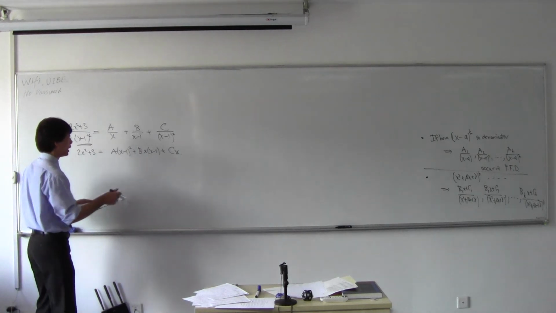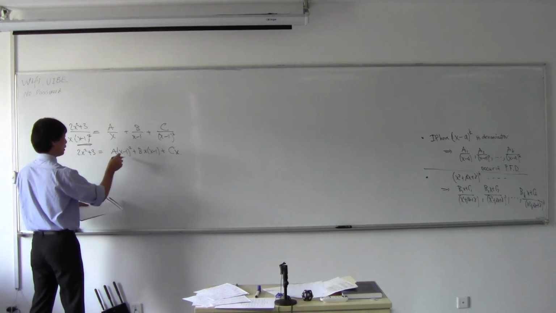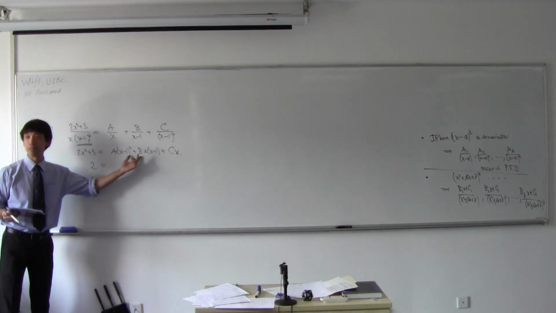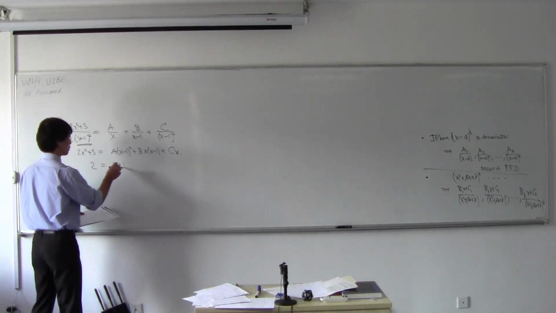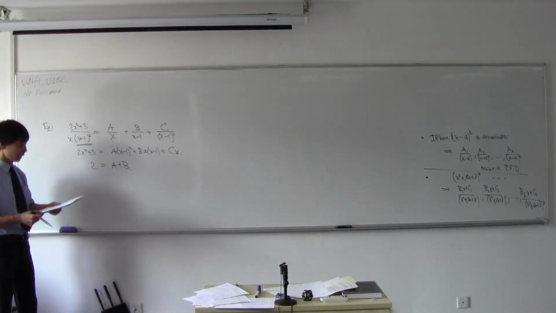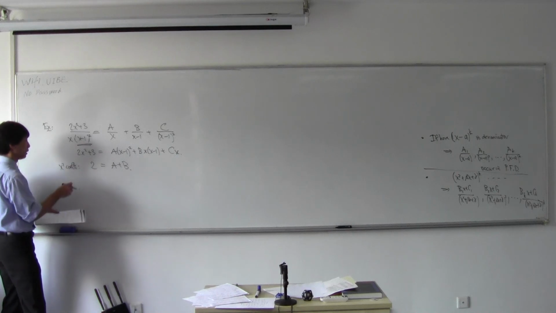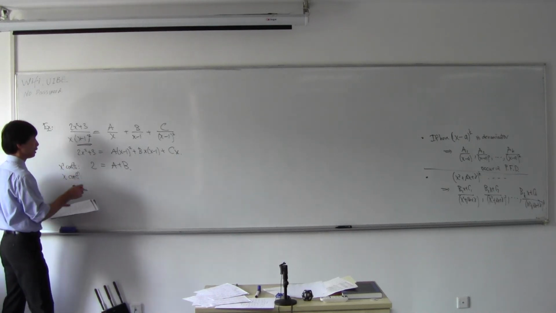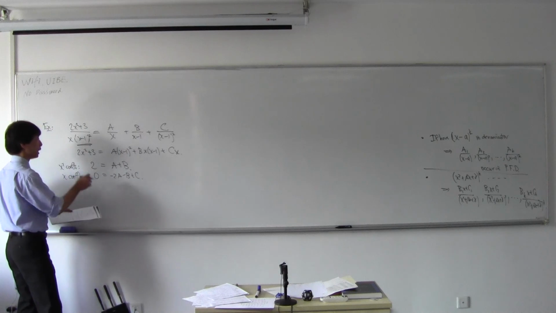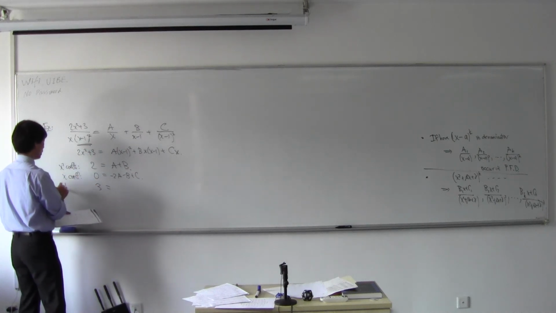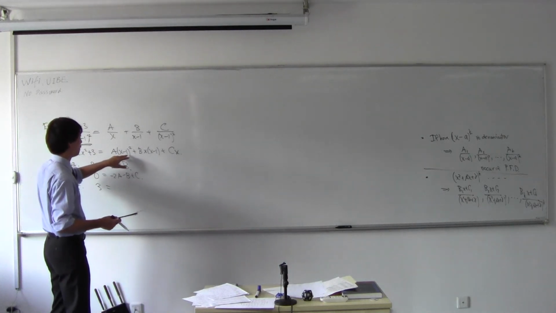Okay, so let's go on. And what do you see? If you compare coefficients, the x squared coefficient here is 2. What's the x squared coefficient over here? A plus B. If you look at the x squared coefficients, you get that. If you look at the coefficient of x, what you get is that 0 is going to be negative 2A minus B plus C. And if you look at the constant term, well, you've got a 3 here, and over here you have A, and you have